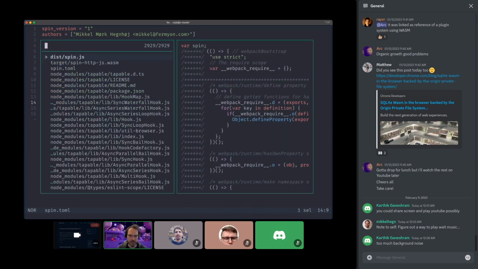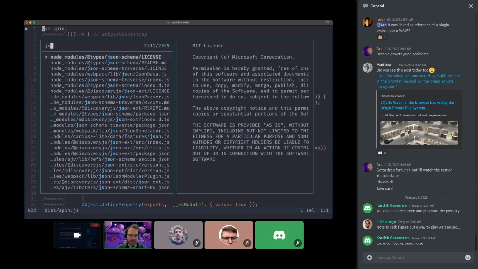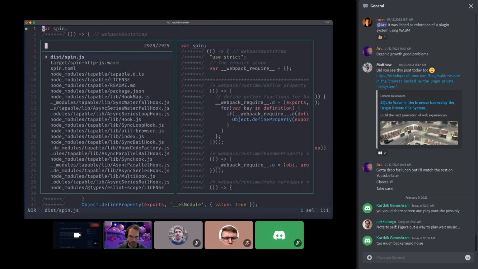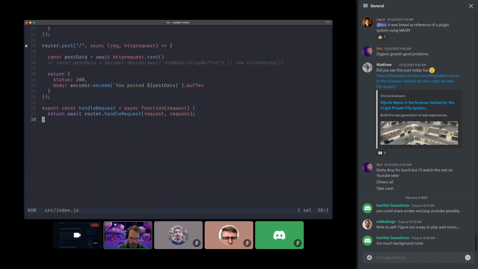So if we take a look at the actual, that's not the right one. Let me find the right JavaScript file. I think that was the compiled one I had there. Where is it? There you go. So this is the JavaScript component that we've written using our SDK. And what you'll see in here is, let me just go to the end of the file. There you go. What you see is the handle request